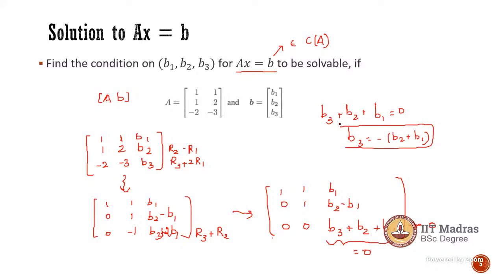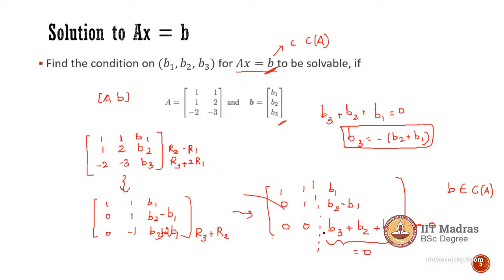No, ma'am, I am asking why we are taking that particular position only as 0? Because then we are eliminating it as a dependent variable, right? Yes, because B corresponds to the column space of A, for this to be true. We cannot control these values, these are scalar values. B1, B2, B3 are unknown values, so that's why we are putting some condition on them. That is what is given: Ax equal to B is to be solvable. So this B has unknown elements B1, B2, B3.